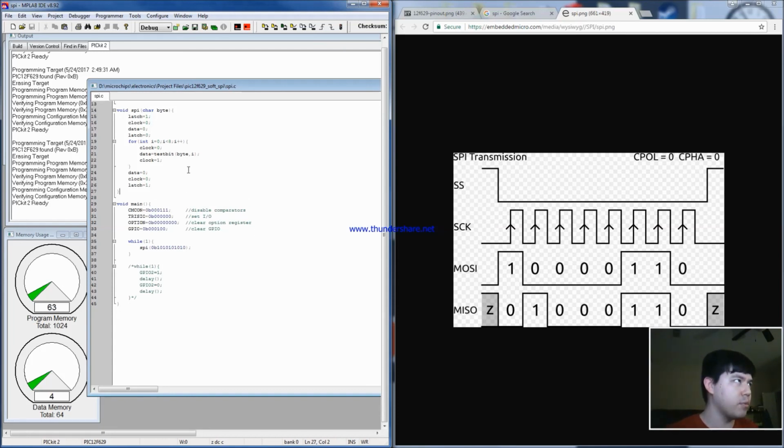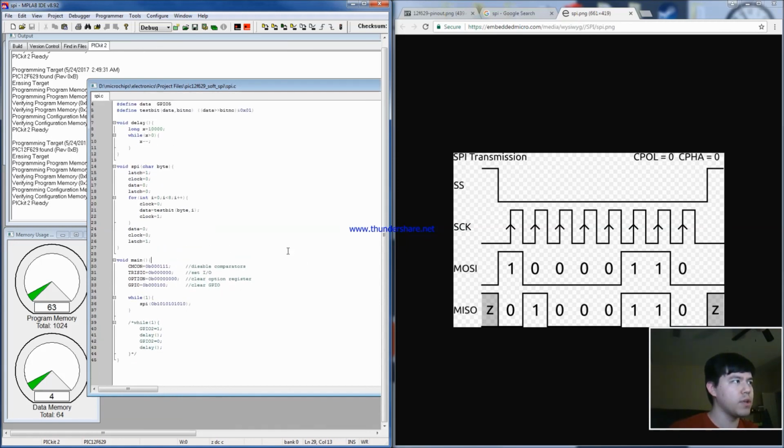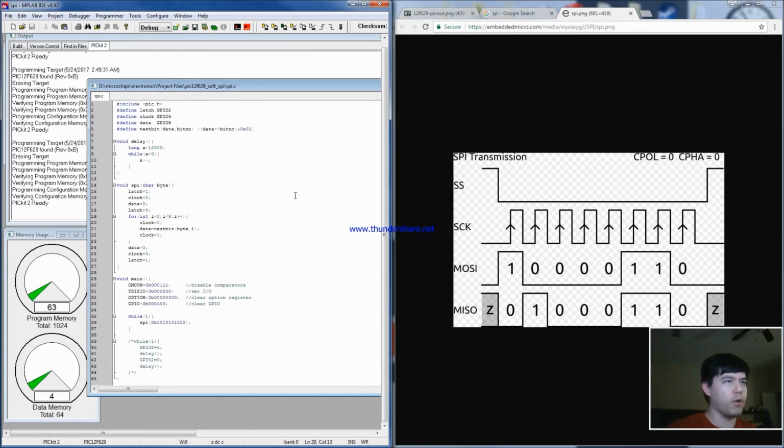To do a receiver would be pretty simple. Just instead of writing to data, you would actually be reading from it as an input, not an output. We can cover that in a future lecture or whatever you want to call this. I just thought it'd be kind of cool to show you guys generally how to program up and running from scratch. So if you guys are programming something and you want to use a software SPI instead of hardware,